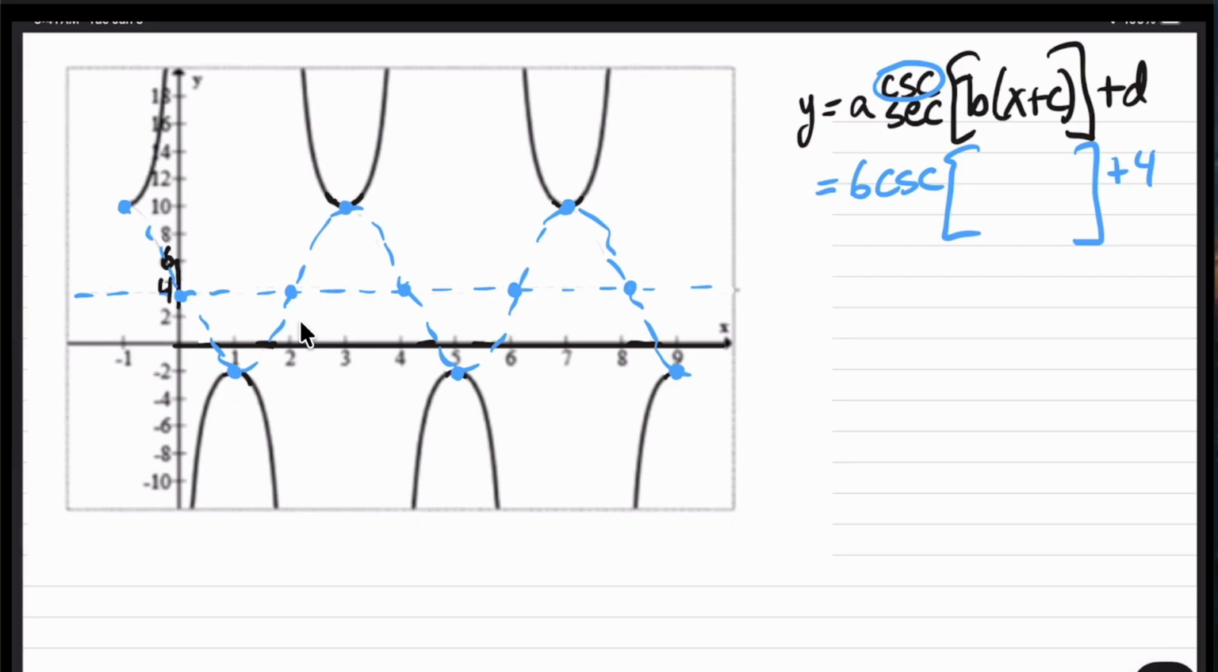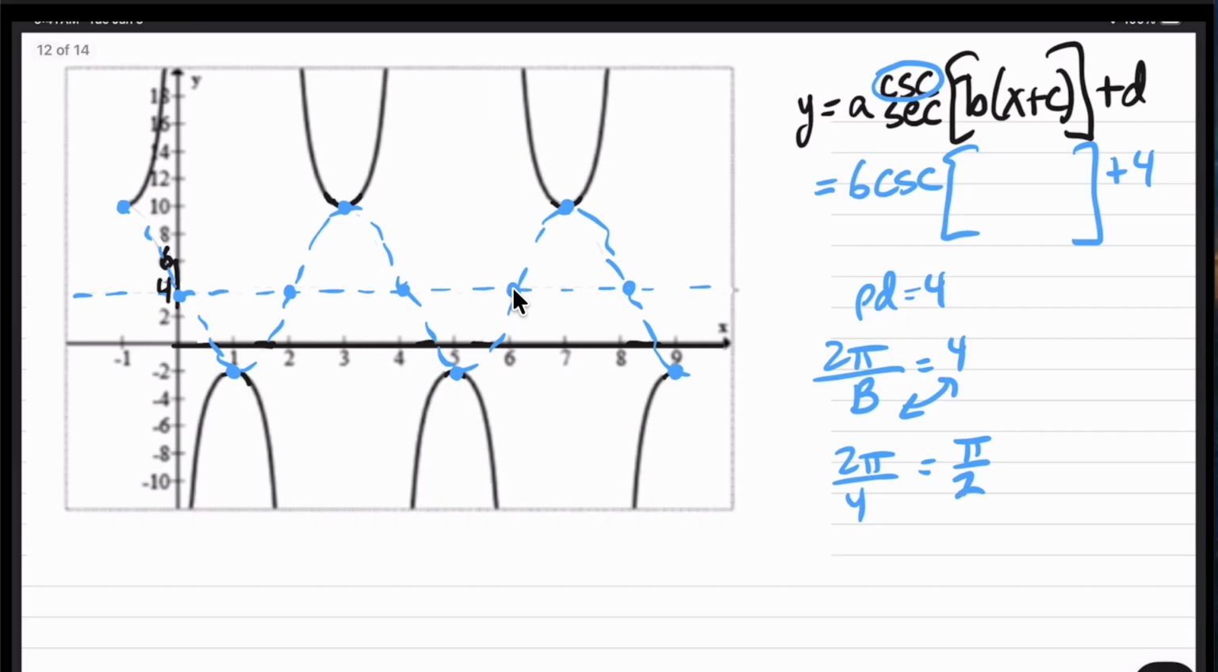Okay, now let's get our b value. To get our b value, we need the period of this transformed function. So here, if that's our starting point at x equals 2, it goes all the way to x equals 6. That's a period of 4 for this transformed function. To get our b value, we're going to use the normal period of 2 pi for a sinusoidal function divided by b equals 4. We're going to switch the b and the 4, and we're going to end up with a b value of